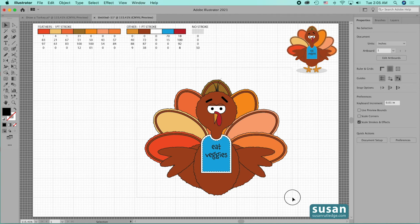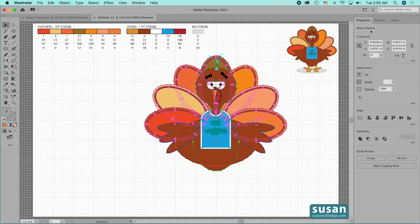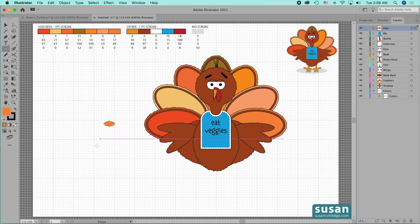So let's select everything, and I'm going to move him up just a little bit so we have room to add feet. Let's come to the layers panel, and I'm going to select the feet layer, and then I'll get the ellipse tool, keyboard shortcut L, and click on the artboard, and I'm going to type in a 1/2 inch by a 1/4 inch and press the return key, and I'll get the selection tool, keyboard shortcut V,